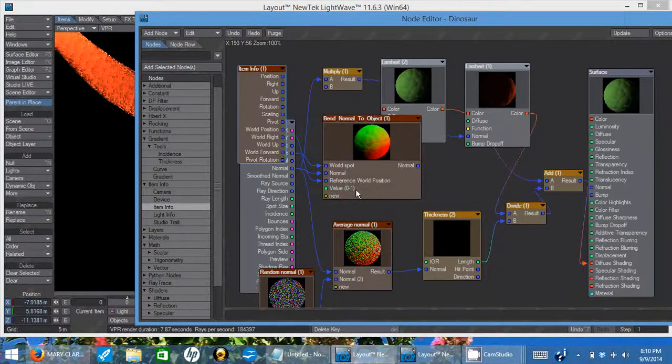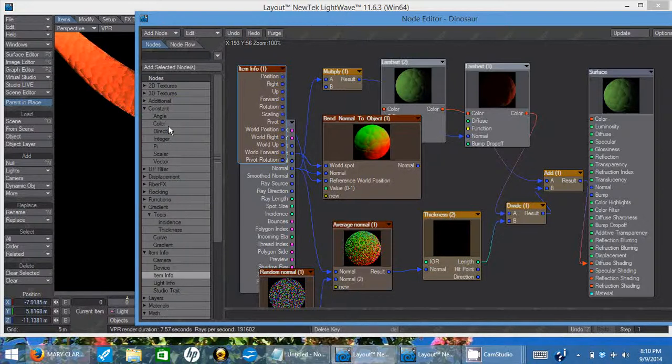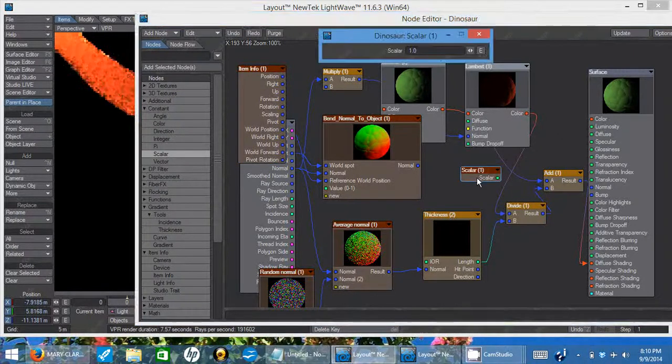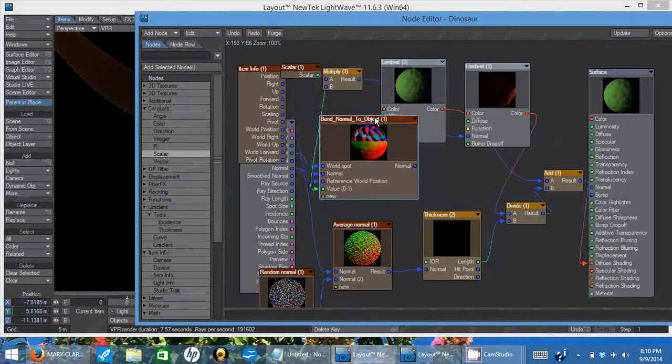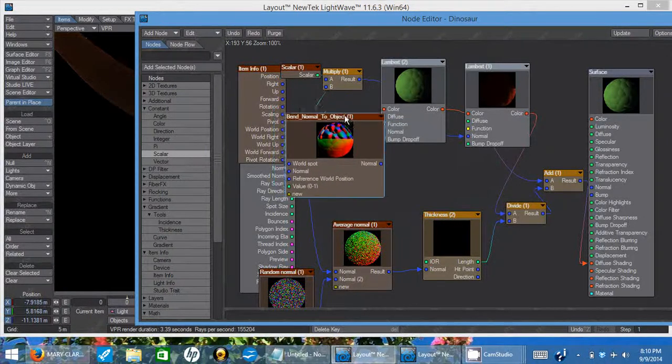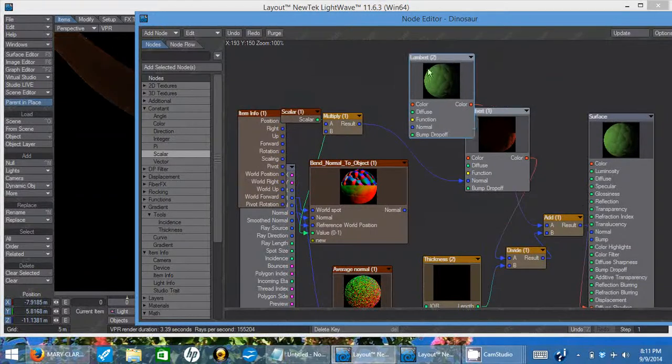And we need a value, which should be probably about 0.5. This is just a scalar, it's not a vector, so we'll use a constant scalar, which is there. We'll give it 0.5, and we'll take that scalar and plug it into value. Now that should set up our bent normal, and if I've done nothing else weird, let me see, I just need to plug this into